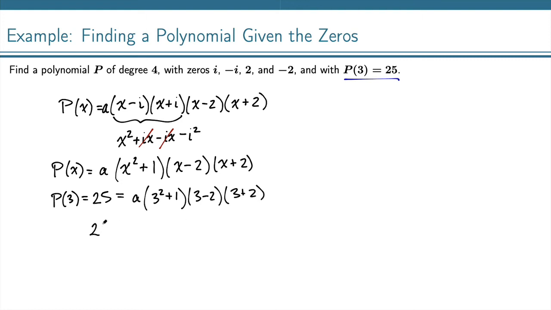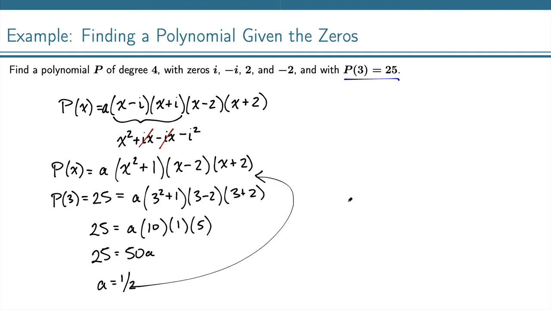And then I can simplify. So I've got 25 equals a times 10 times 1 times 5. And that's 50 times a. 25 equals 50 times a. So now I can divide by 50 and get a equals 1/2. Now if I take that and plug it back in up here, then I've got my p of x with my leading coefficient of 1/2. And then those